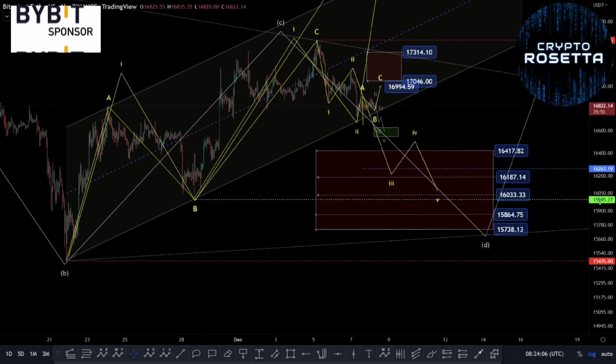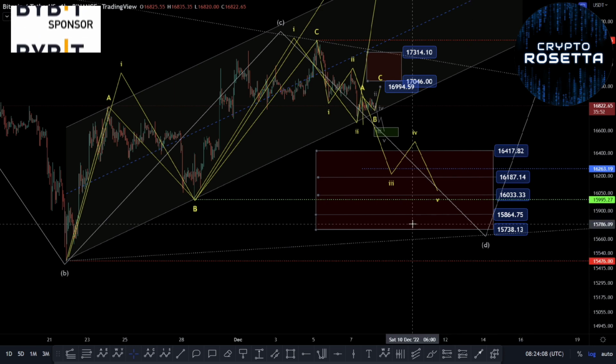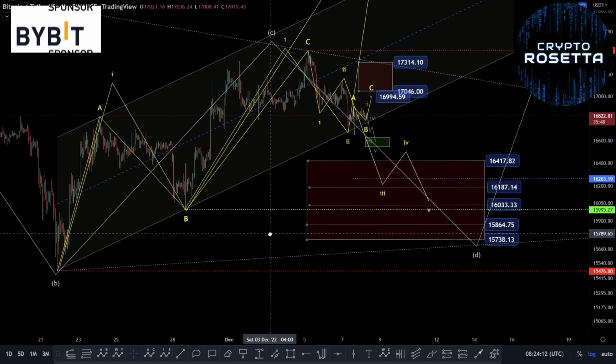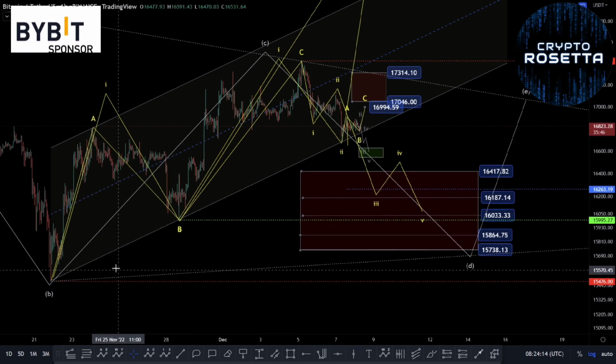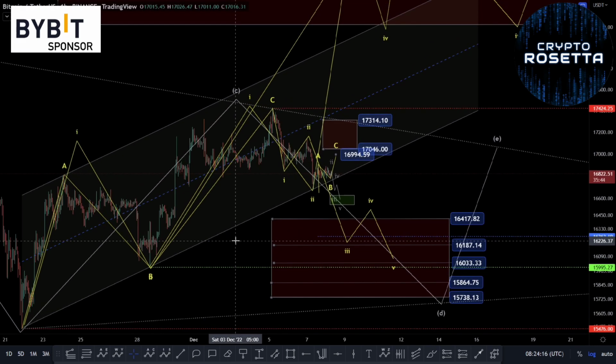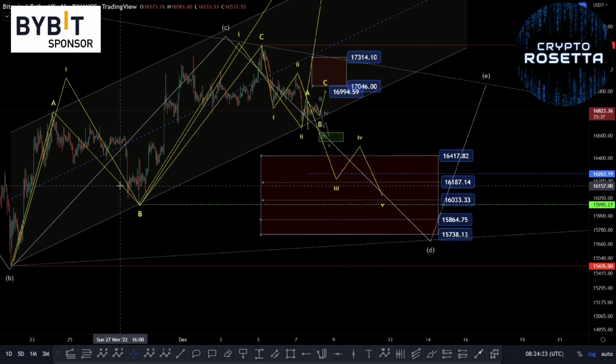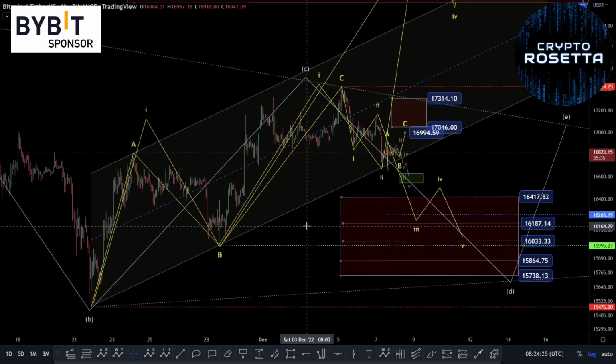If we can stay above the 15,995 and the 15,476 area, then we can keep these bullish potentials. If we start to break down below this 16,000 area, this whole move turning into a bullish move becomes very unlikely, and the only way